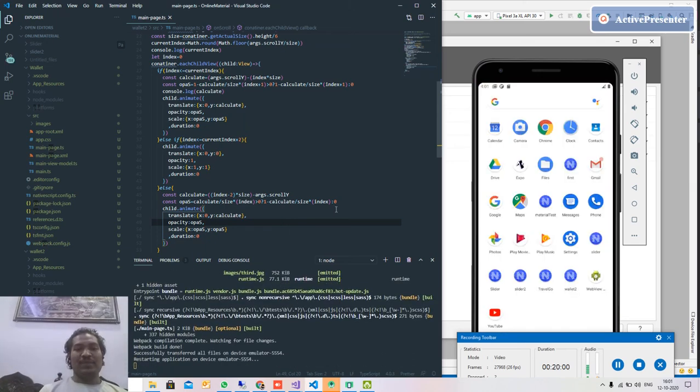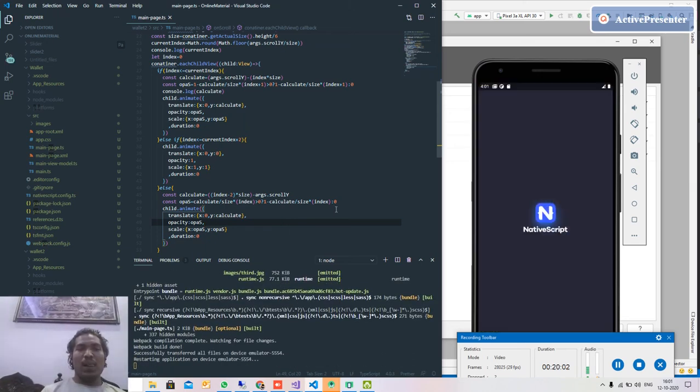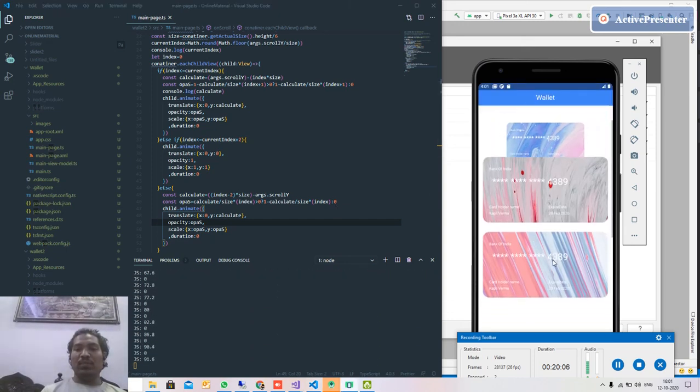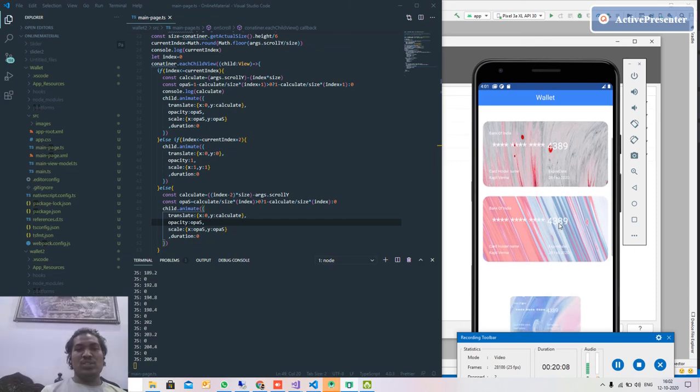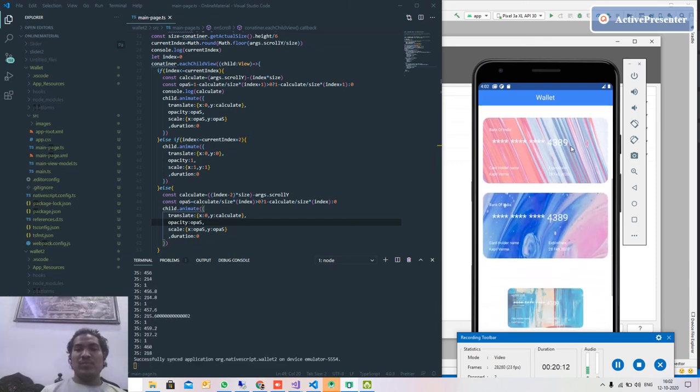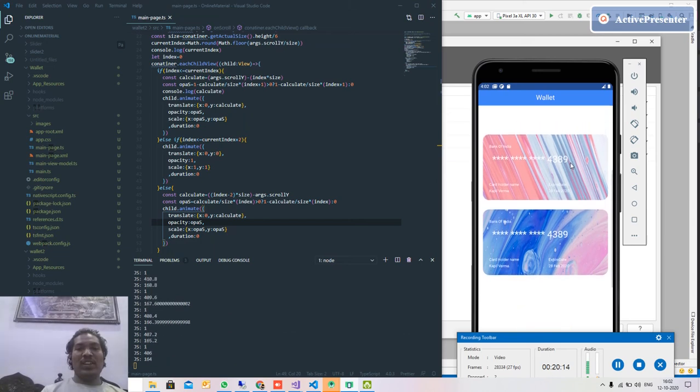Let's see what happens. And we are going to scroll up. The down element is not coming. Okay. What happened here? There are 2 spaces, means more than 2 elements.